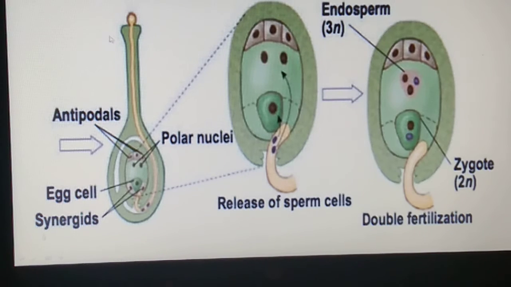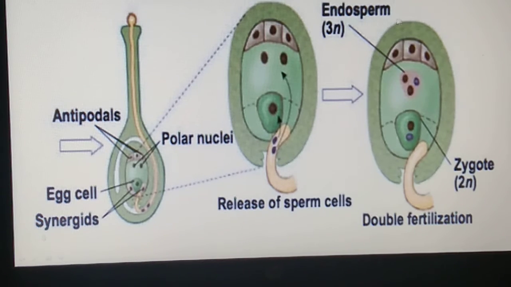How? See, this is the pollen grain, students. It gives rise to a pollen tube which consists of 2 male gametes. So you can see here, the purple color ones in the second picture, students, these are the two male gametes. One of them fuses with this egg apparatus, the egg cell, and this is known as syngamy. And the second male gamete that you can see here in this pollen tube reaches the ovule and fuses with these two polar nuclei, and you can see in the third picture, this results in the formation of an endosperm.